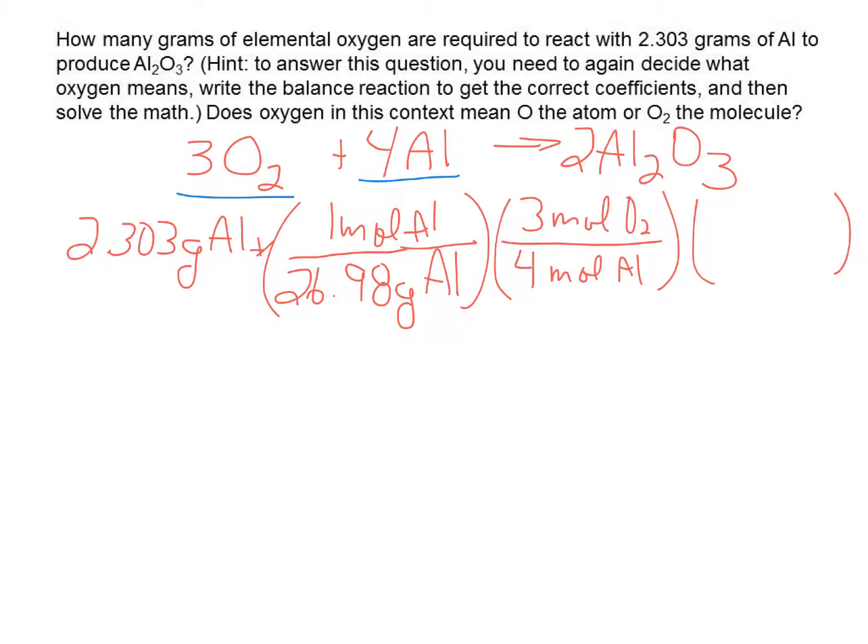Finally, we need to get to grams of oxygen. The true ratio of 1/1 is that for 1 mole of oxygen, there are 32, 2 times 16, grams of O2. Notice how each of these ratios is true and a 1/1 ratio, and we're canceling out our units. Grams of aluminium, moles of aluminium, moles of O2, and we're left with what we'd like. So the answer turns out to be